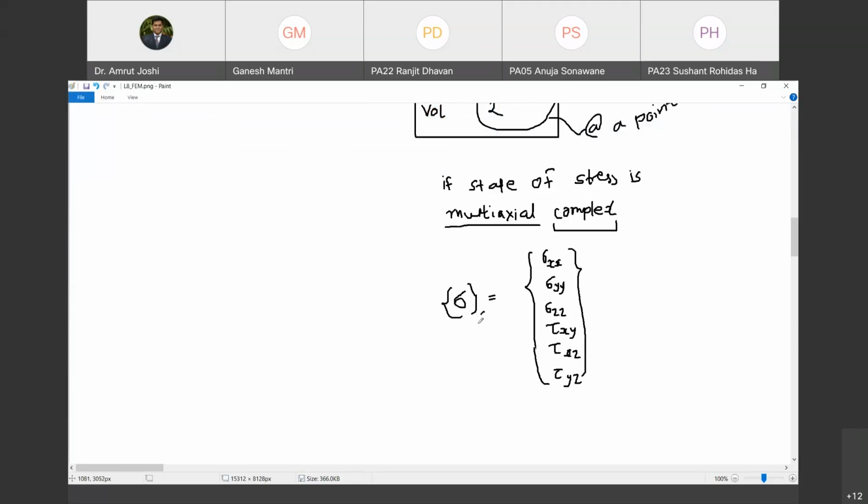So I'm not going to take them as independent stress components. So this is 6 cross 1. Do you agree with me? Yes, sir. Now look here: when I calculate the strain energy, though tau xy and tau yx are the same, the strain energy needs to be added, right? The strain energy of tau xy and of tau yx must be considered separately. Are you with me? Yes, sir.